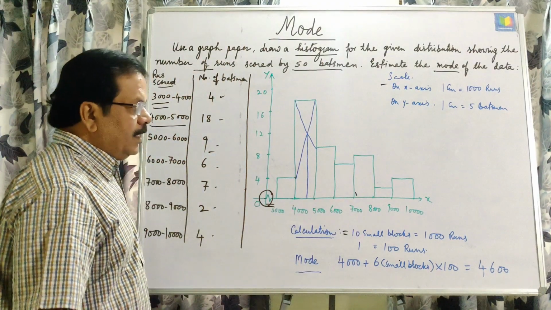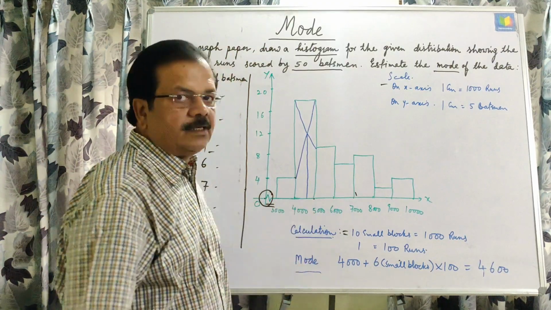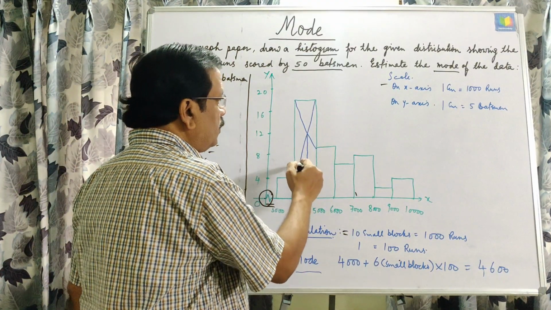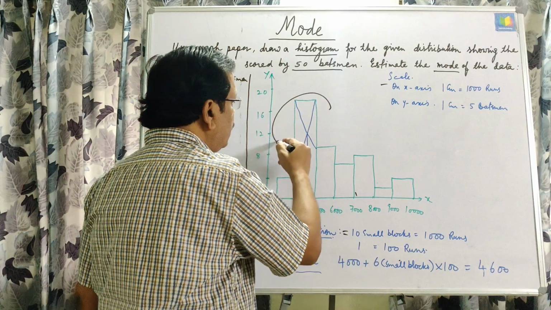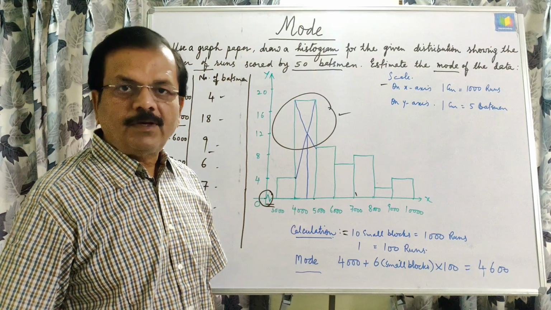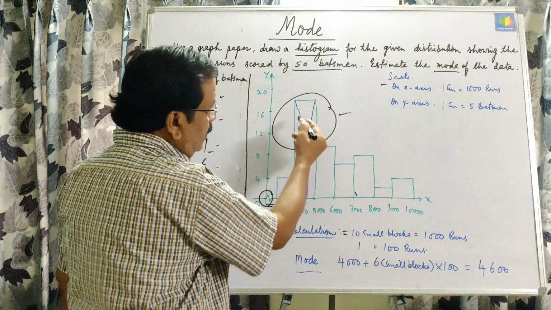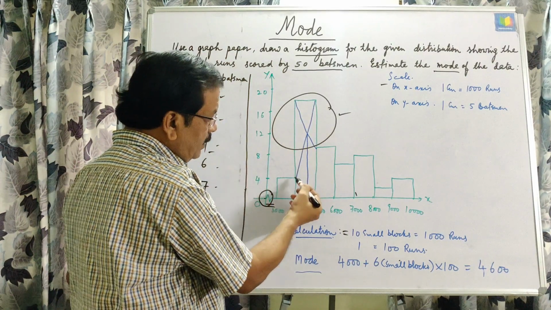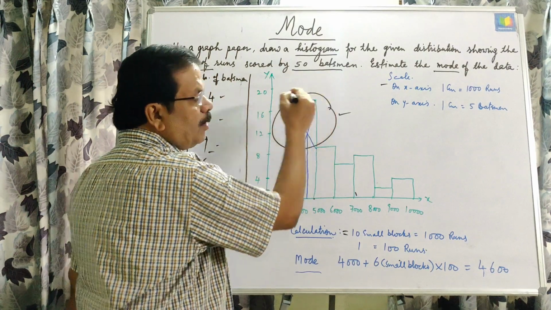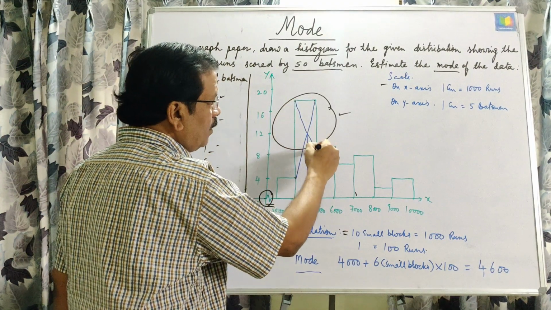After getting this, it is all about your histogram, and you should see whether all the blocks are joined or not. Then you have to draw 3 lines, and this is actually the method of finding mode with the help of histogram. Now how can you draw these 3 lines? For the block of maximum length, join the upper limit of the previous block to the upper limit of this block, and the lower limit of this maximum block to the lower limit of the next.